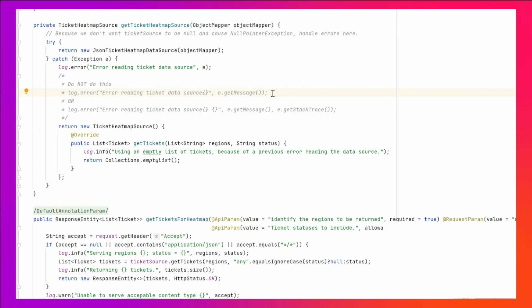results. So if you do it like this, where you have a call to the exception's get message, you log the exception and its message, but you lose the stack trace, and you lose the chain of underlying exceptions. So all of your diagnostic information is left out of the log. Slightly better is this version of it, where you capture the message and the stack trace from the exception, but you lose the chain of underlying exceptions. When you are logging for errors, always do it this way, with no placeholders and just the exception as the